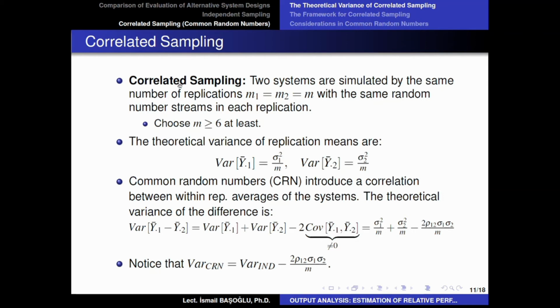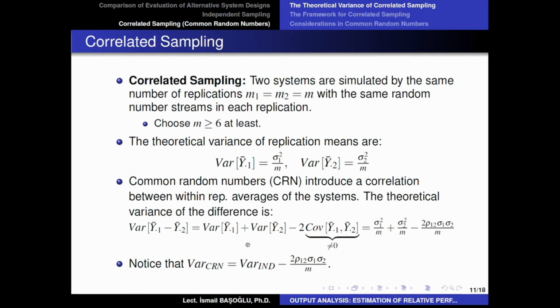And again, the correlated sampling rule says that if you want to get reliable results, the number of replications should be at least 6 again. This is the golden rule, my friends. If you run a simulation with replications, and actually in terminating simulations, a replication is almost a requirement, always have at least 6 replications, it says. Now, the theoretical variance that I obtain from the first system design is sigma 1 square over m, and the theoretical variance of the second system will also be sigma 2 square over m. So the number of replications are the same.